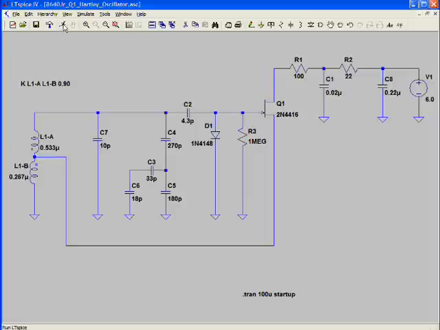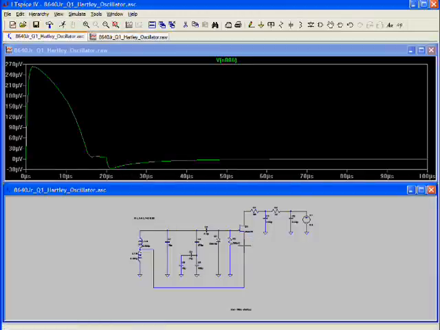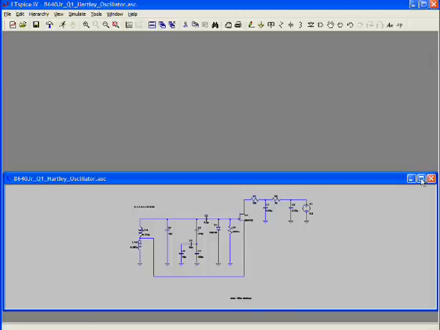So go ahead and save that. So now if I run it, you'll see that our dot is on the bottom for this coil and on the top for this coil, which means that they are not in phase. So if I run the simulation now and look at our output, well, it tried to start, but it couldn't really get started. And that's because those coils are now out of phase,